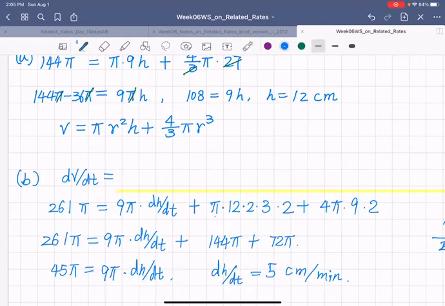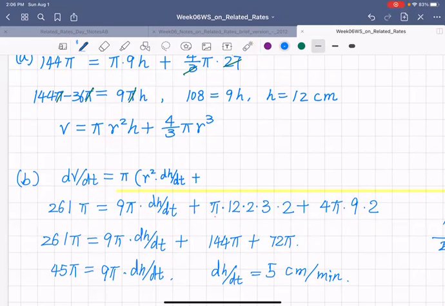Should we take out pi first though? Yes, we can take out the pi and put it in the front. So we do pi. And then look at here. This is a product. If you don't want to do this derivative yet, what you do is you copy down r squared times dh over dt, plus